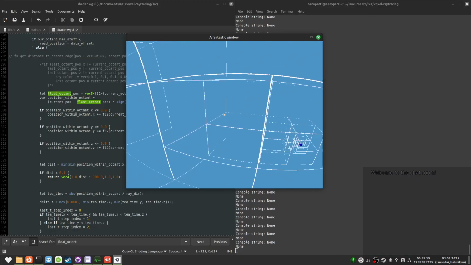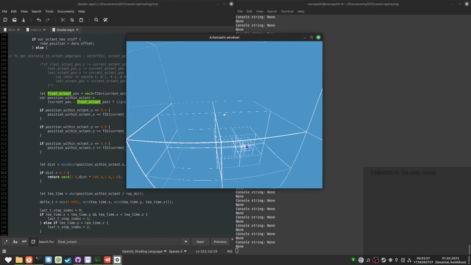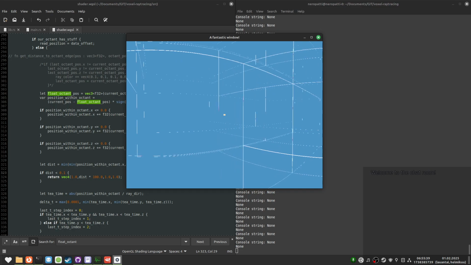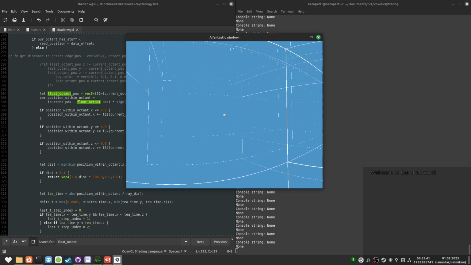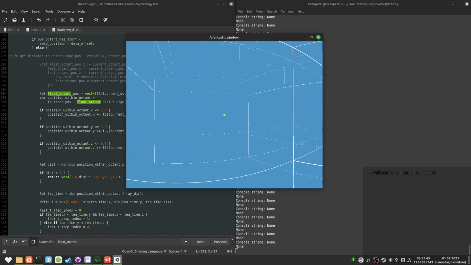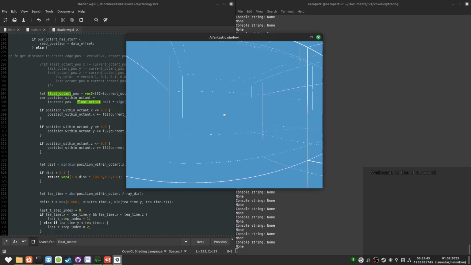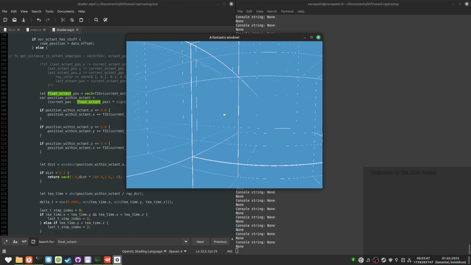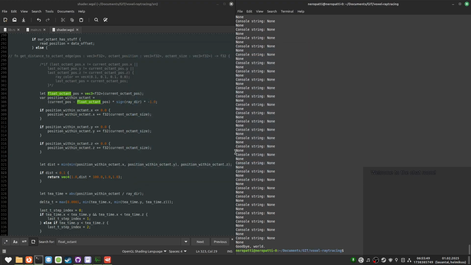Like, this is neat. It's dependent on the world. I kind of want to have it so if there are lines further away, then it's always rendered at a constant width.